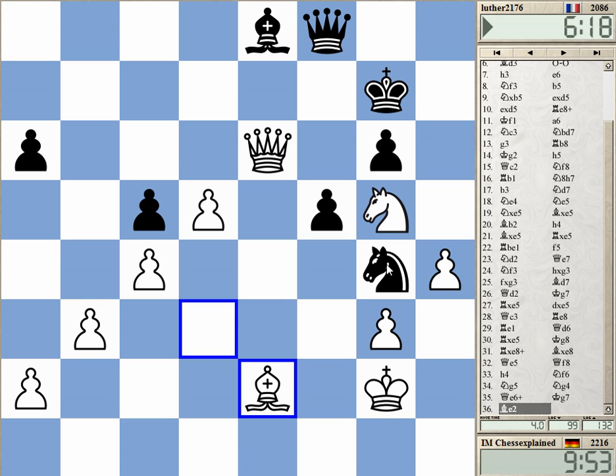Yeah, threatening to take it, probably knight f6, and then I'll play bishop f3, intending d6. Well, I'm not sure if d6 needs to be timed properly, but there's no need to rush anything here. Can also